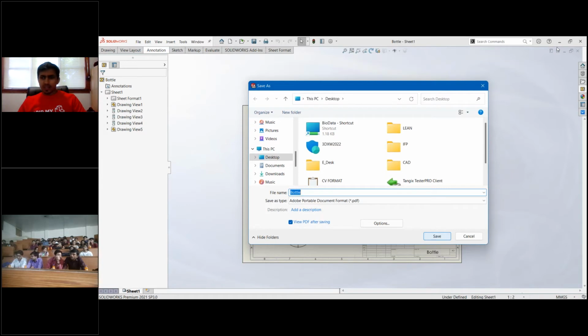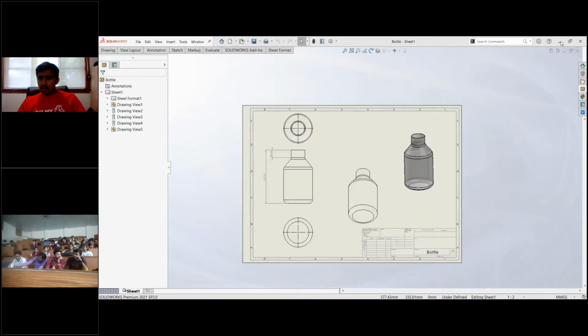So now it's created in a PDF. Also we can export this data in 3D view.